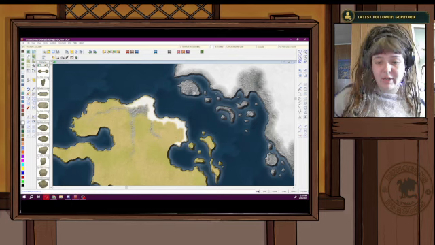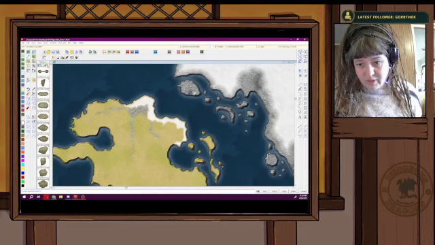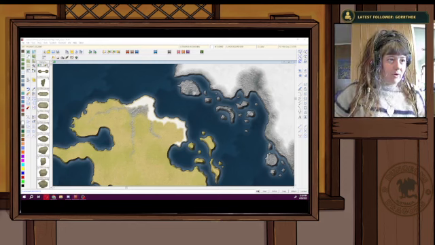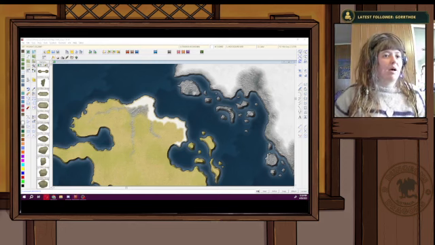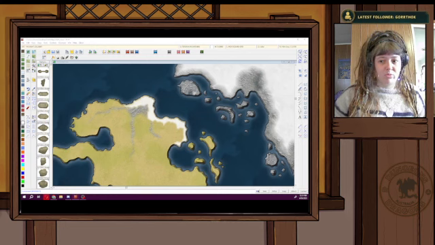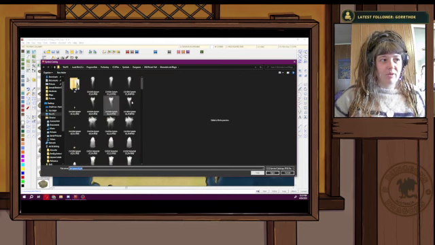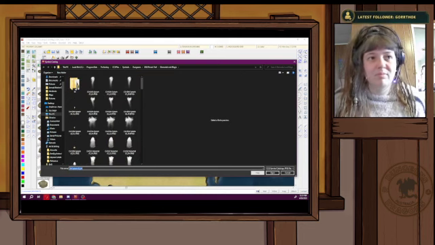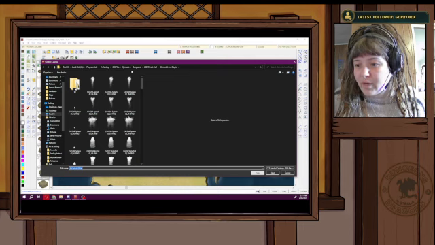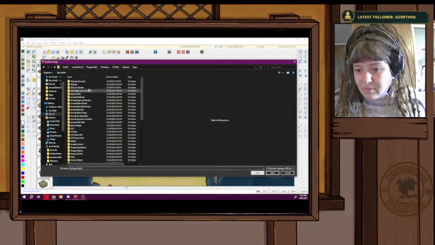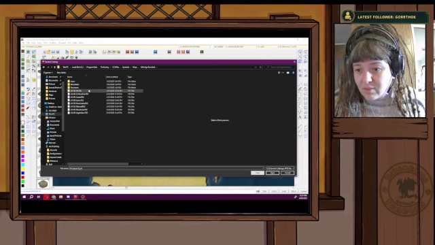What I'm going to actually do is hit this open folder, because it's opened a different symbol catalog. I was making a map the other day for my table, and I was building a waterfall, so I had this cool waterfall section of things. So yeah, not relevant. What we are going to do is go to symbols, maps, 13th Age Revisited, and